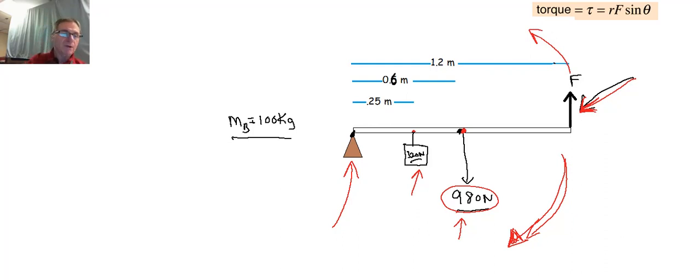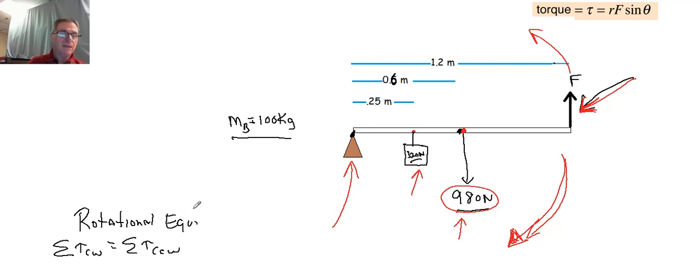We know that the sum of the torques in the clockwise direction needs to equal the sum of the torques in the counterclockwise direction in order for us to have rotational equilibrium. That's what we're striving for here. So let's see what we've got. Let's look at the clockwise forces first. We have 320 newtons